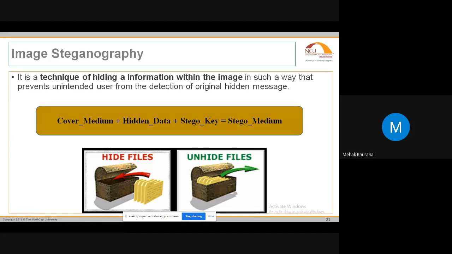It can be only the cover medium and the hidden data, and at the end, where we are receiving the message, we will receive the Stego medium, that is the final image or the final data that has been sent, which has combined the cover medium and the hidden data. It will show only a single piece of data, which will not show the hidden data until I unhide the data by applying the reverse or extraction algorithm.